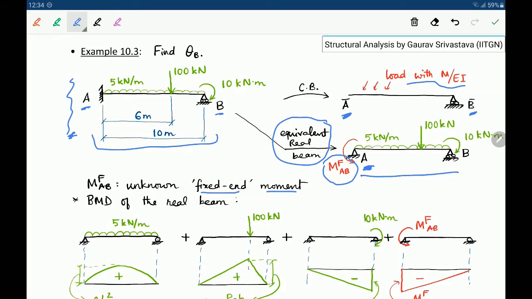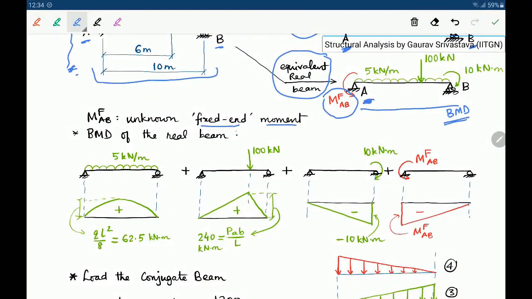If we were to draw the bending moment diagram for this simply supported beam, that will also be the bending moment diagram for the propped cantilever beam, and that is what we want for us to determine the loading of the conjugate beam. So for the BMD of the real beam, we consider